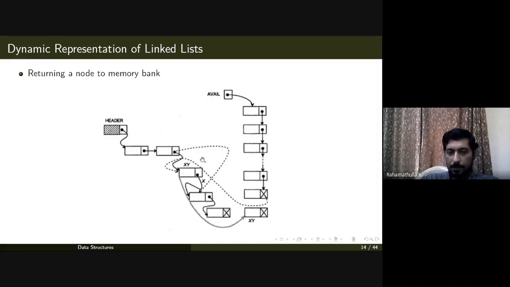Then it is like header, first node, second node, then this is the pointer, it comes here, then last node. Once you do that, you add this xy to the available list, so that next time if somebody asks for allocation, then xy can also be utilized. Otherwise this will be kept as unutilized.